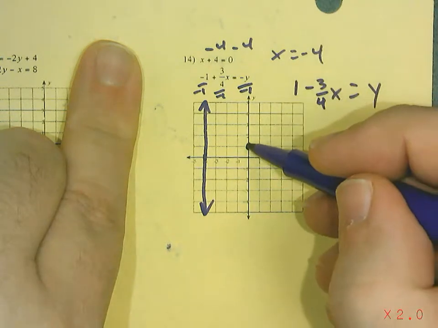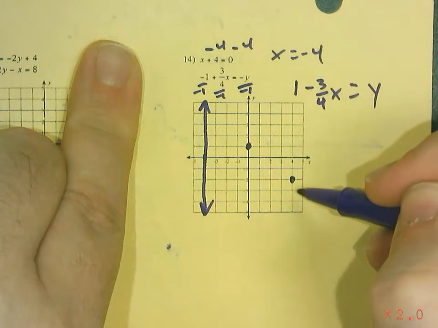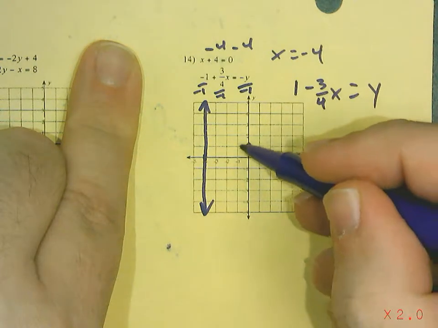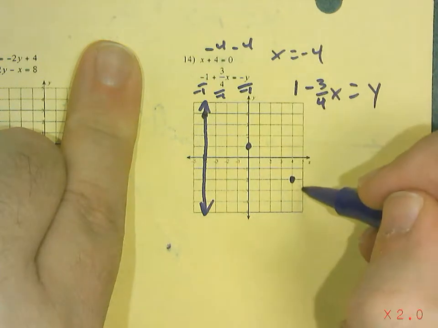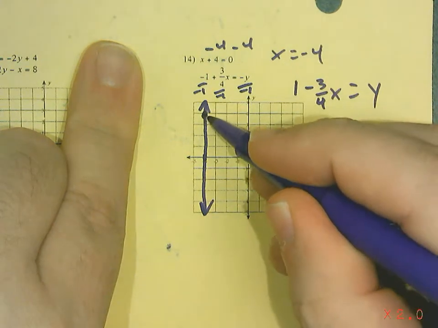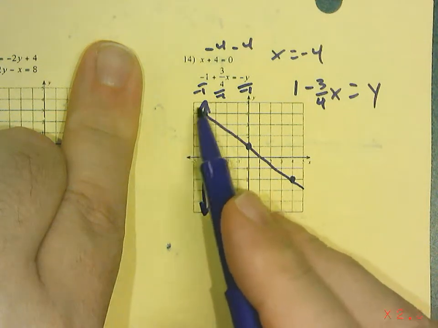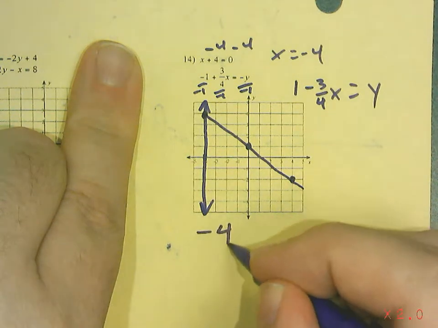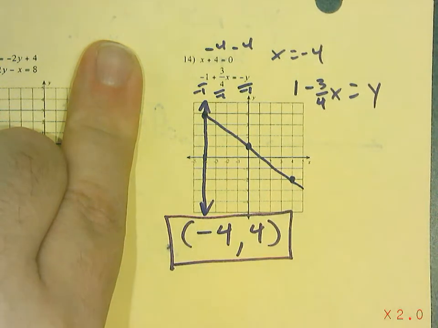So nice negative, I could go down 3 over 4. But the line's over here, so I'm going to go backwards. So I'm going to go up 3, left 4. And right there is where the two lines intersect. So I need that point of intersection. So it looks like it's intersecting at -4 and 4. Okay,